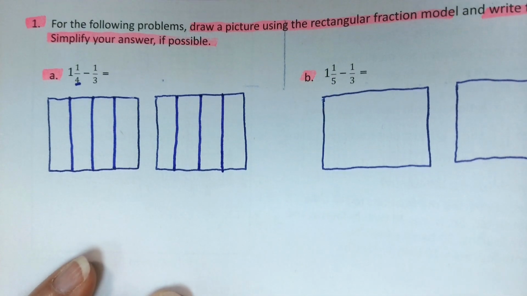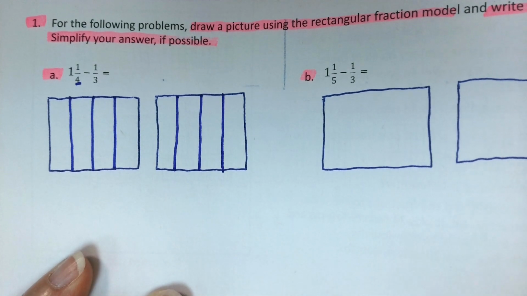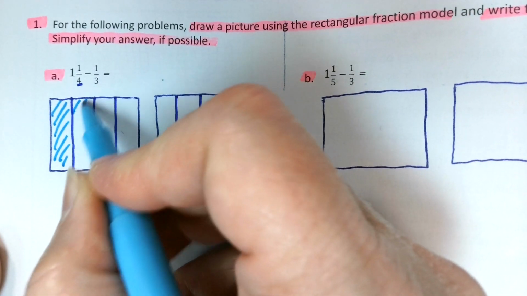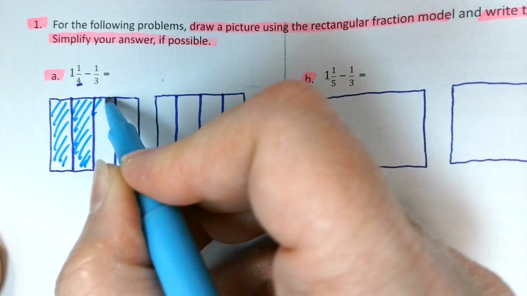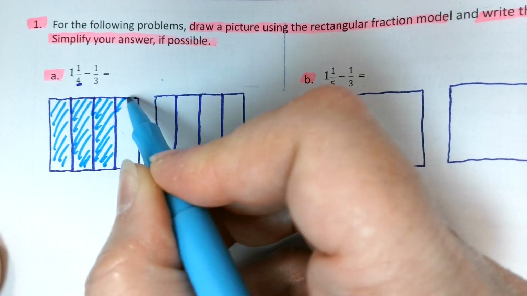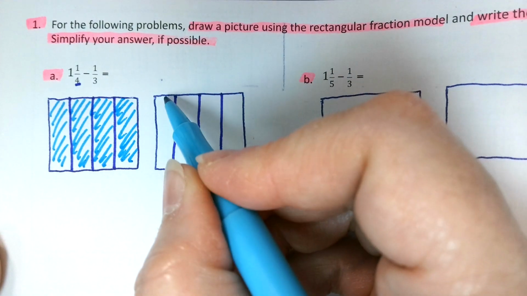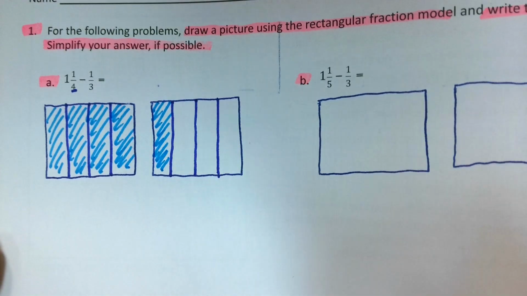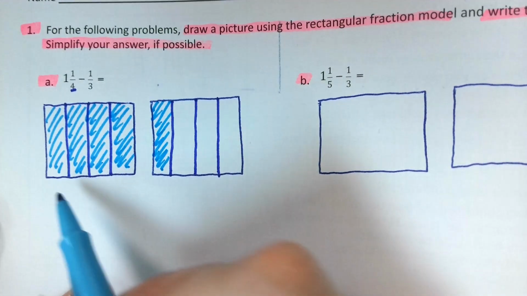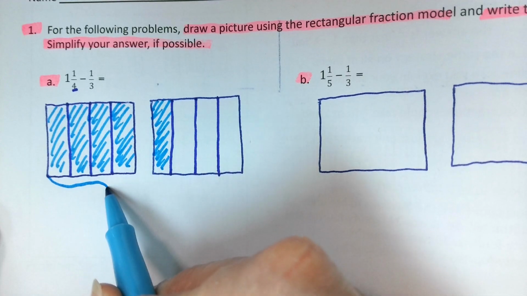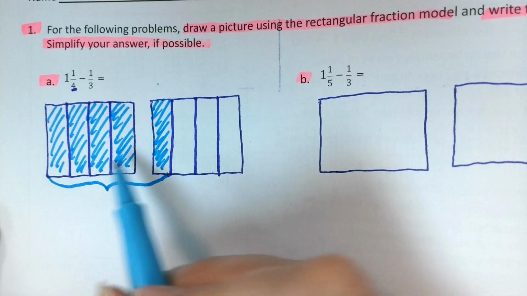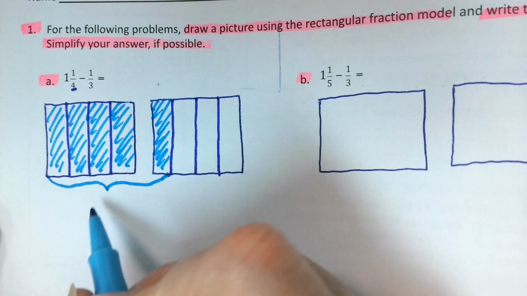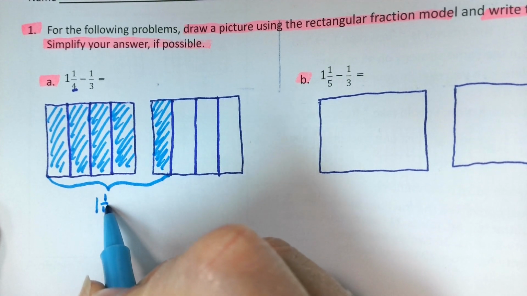Our shading, we are going to shade the whole, and we're going to shade the fourth. I had some friends that were getting a little confused on this, so what we're going to do first is we're going to take our two squares. Here we have our 1 1/4,